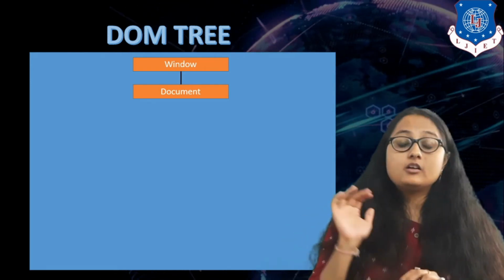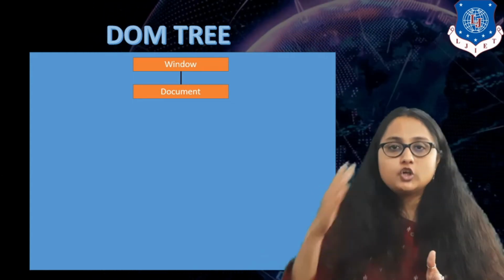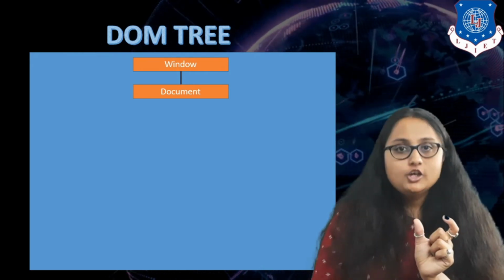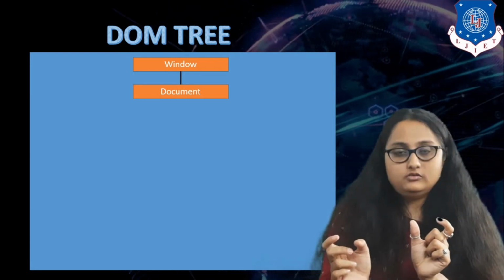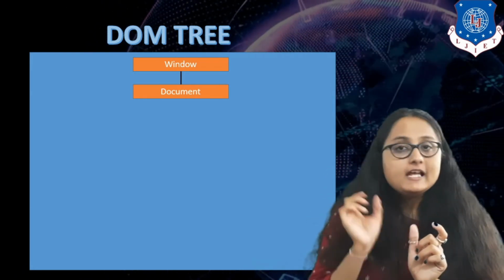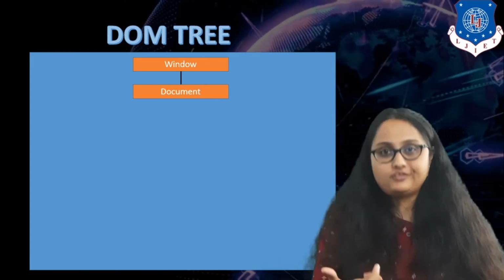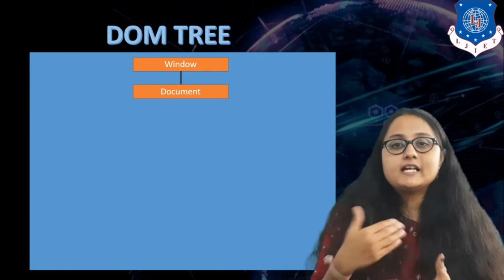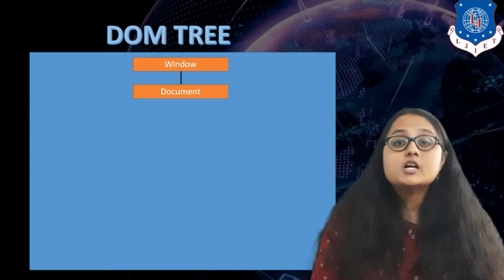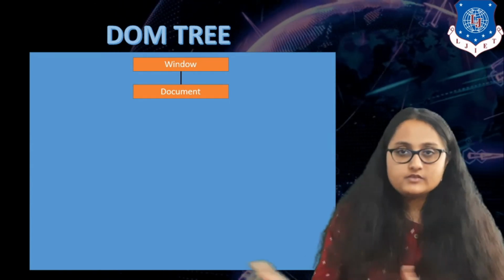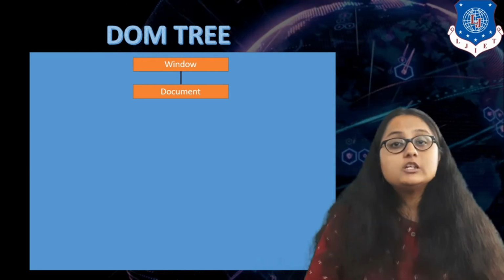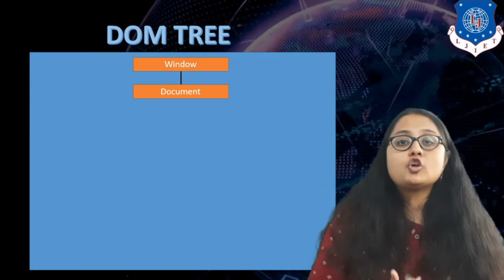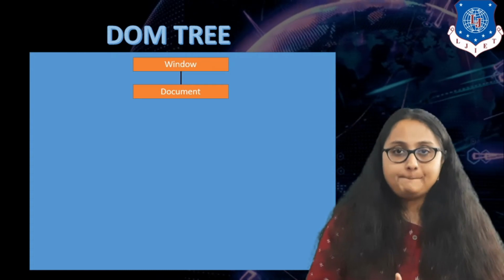So you know that you have written this many times, document.write, right? So document is nothing but, in the DOM, an object. So you can access the methods attached to this object, and the method we are using repeatedly is the write method, right? So document dot, you are using the write method. Similar to that method, there are different methods which we can use with this document object, which we will see later on, right? So now you need to understand that window is the topmost root object. The child object is the HTML document that you have currently loaded in your web page.